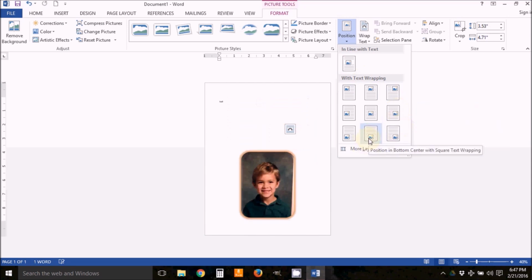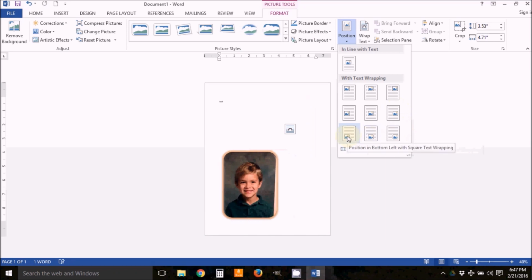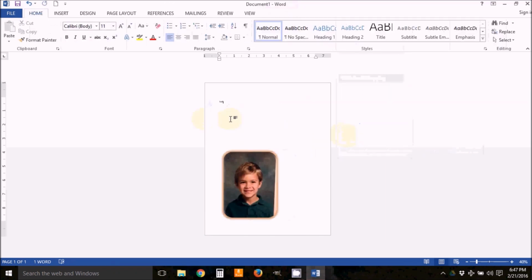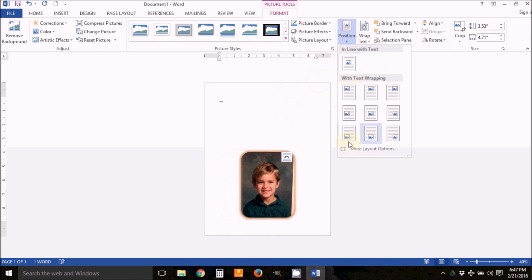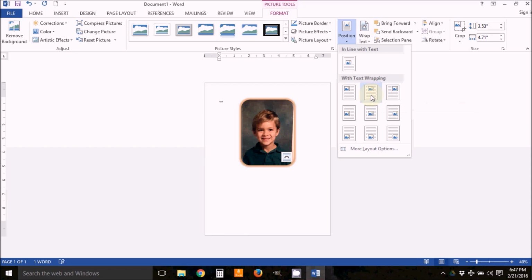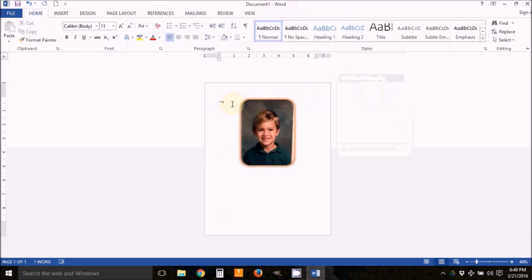And what that does is that no matter what happens or whatever you're typing, it will anchor that picture in that spot. So if you want a picture in the bottom left or you want it in the bottom middle, whatever it may be, let's say top center, you can do that. And what happens is,